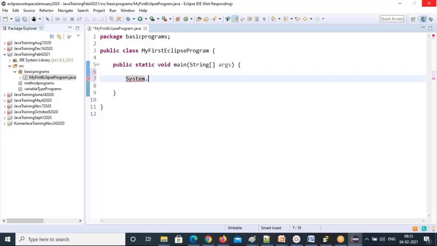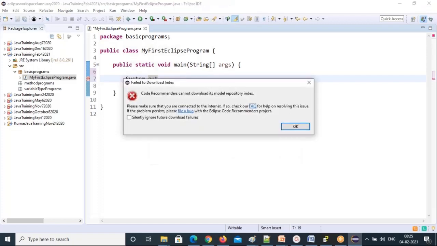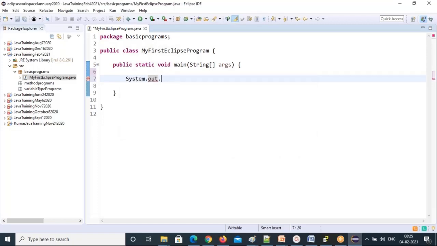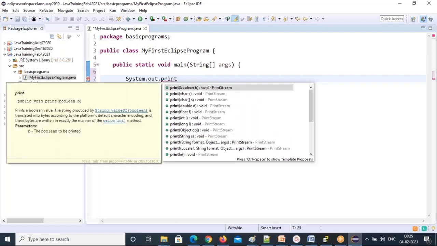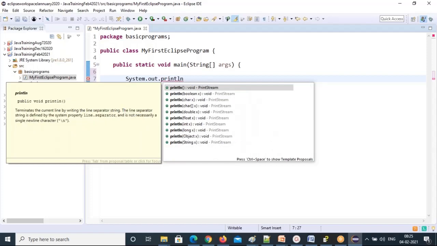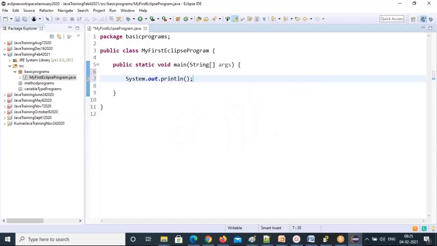So write System dot out dot println, to print my message to the console. Take println and give text in double quotes: my first Eclipse program.